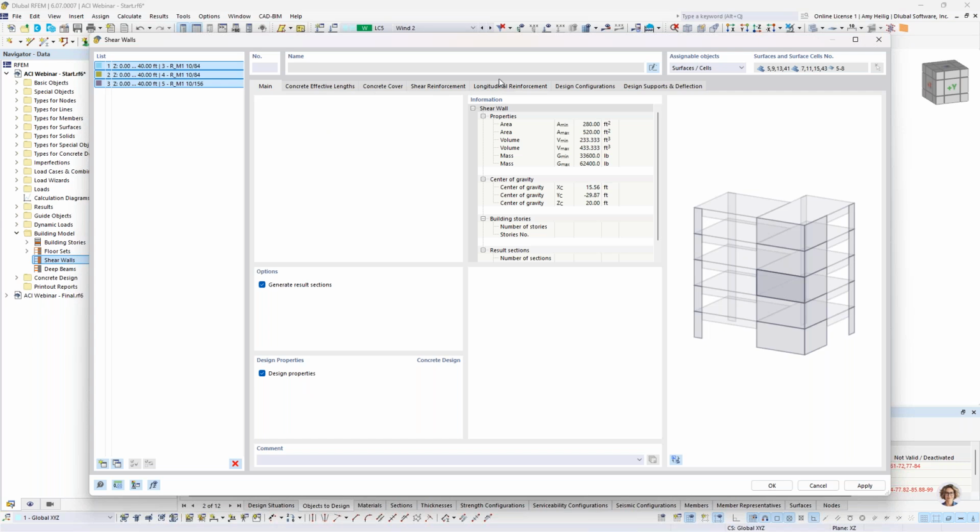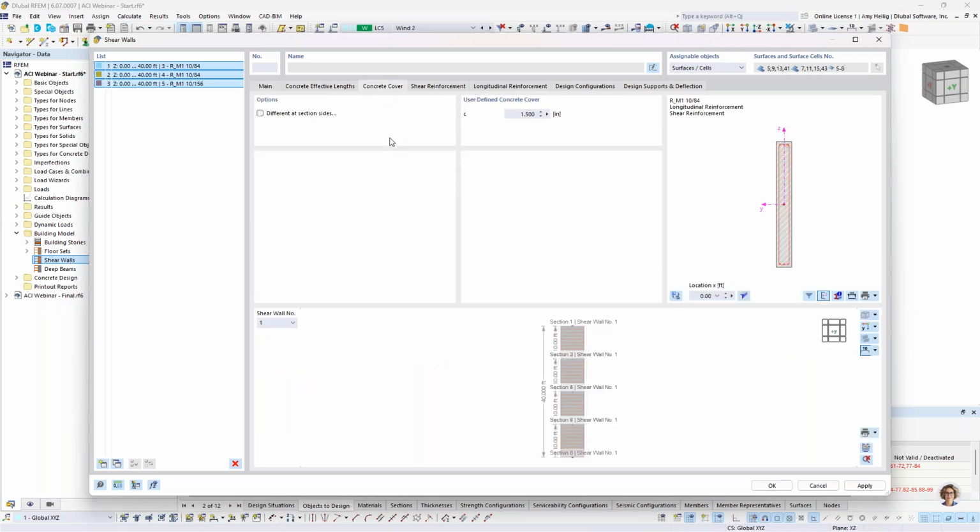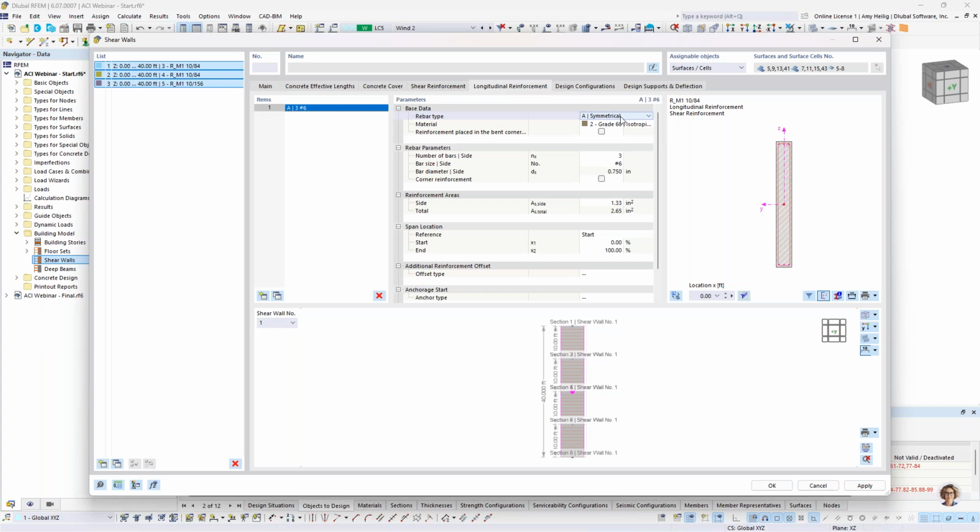And then we have the additional tabs up here at the top. So the concrete cover is going to be set at 1 inch for our shear walls. I'm actually going to jump here to the longitudinal reinforcement first, and I'm going to select here the option uniformly surrounding. And with this option, I want to go ahead and place the reinforcement at the bent corners here of